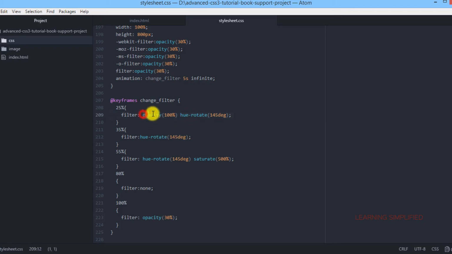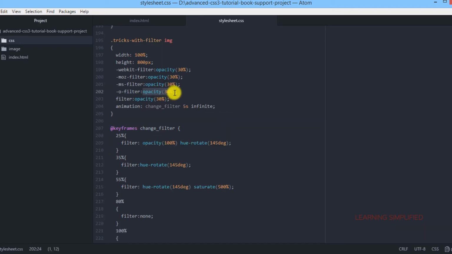In this particular case, it is getting started from opacity 30%. So from this 30% opacity, first of all, it needs to attenuate at the 100% opacity level. And at the simultaneous moment, it needs to get a hue rotation of 145 degree. And after that, it needs at 35% keyframe position a hue rotation of 145 degree.